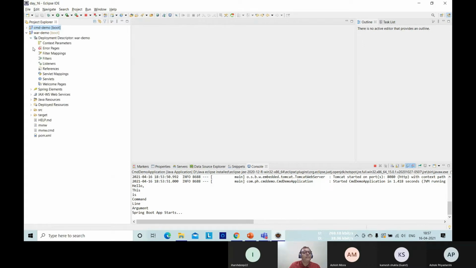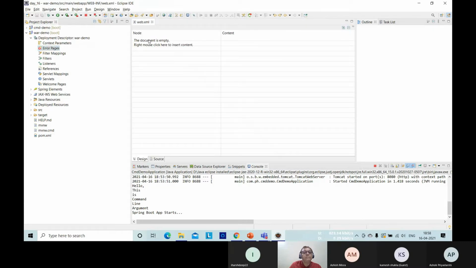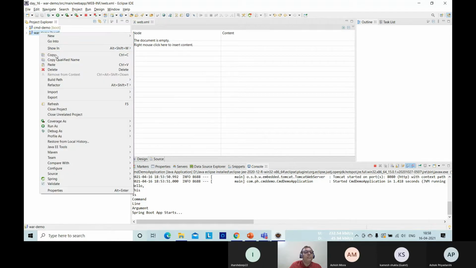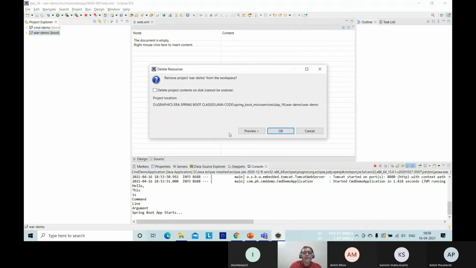Now what error is it giving? Let me remove this and try once again.